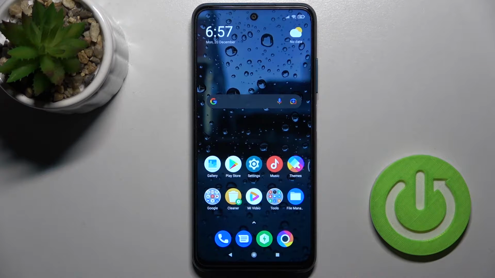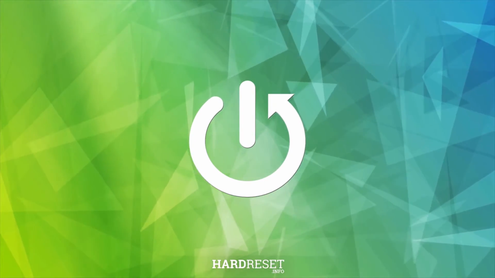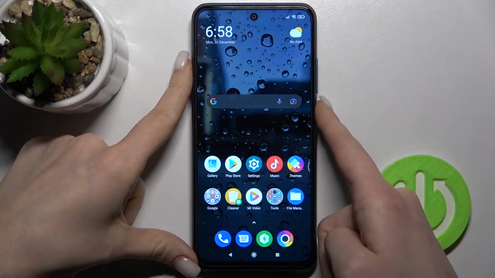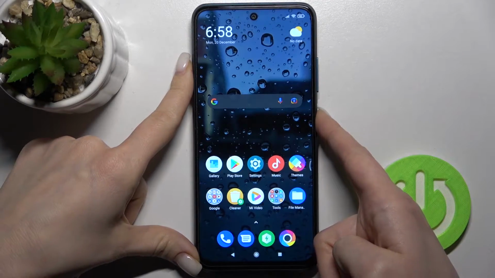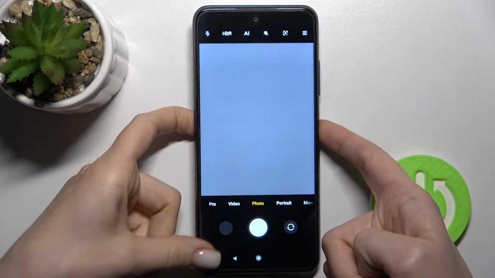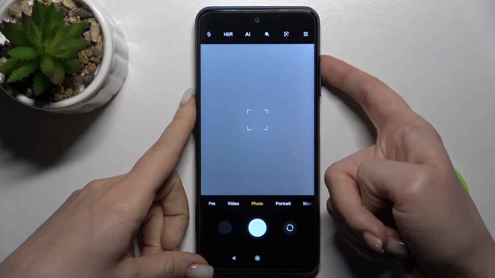Welcome to the in front of me Xiaomi POCO M3 Pro, and I'll show you how to disable quick launch on this device. For example, right now by double pressing the power key button here on the right side of my phone, I can launch the camera application. And if you want to disable this option,